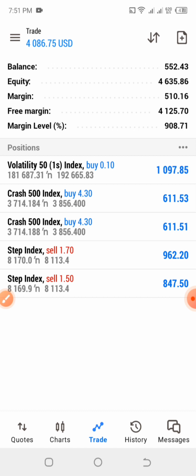Today's strategy will be looking at bull market strategies, and also the strategy you can use to trade the step index and the VIX indices. This strategy right here is going to be a quick strategy that you can use to make money trading